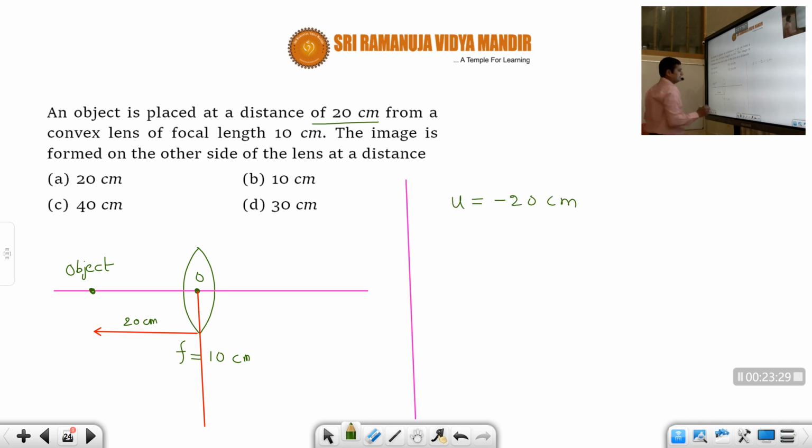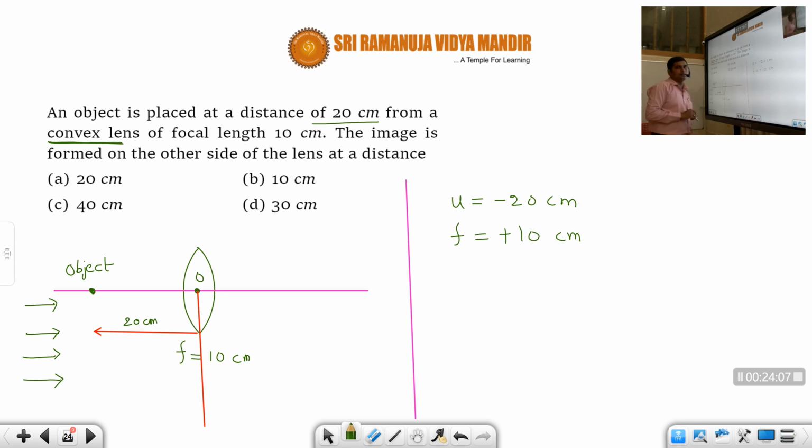Why, students? See the direction of the arrow. We should measure from the optic center towards this side because the object is placed here. So you should start from here and go toward this side. The direction of the arrow is opposite to the direction of incident rays. Incident rays will always travel from left side to right side. I am telling this again because it is an important point in optics, students. Substituting the quantities with proper sign convention, u is minus 20. Now the focal length. What is the focal length of the lens? 10 centimeters. Is it plus 10 centimeters or minus 10 centimeters, students? Here it is given as a convex lens, so the sign of the focal length of a convex lens is always positive.